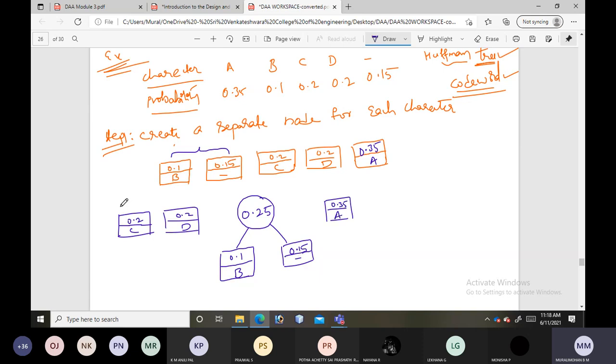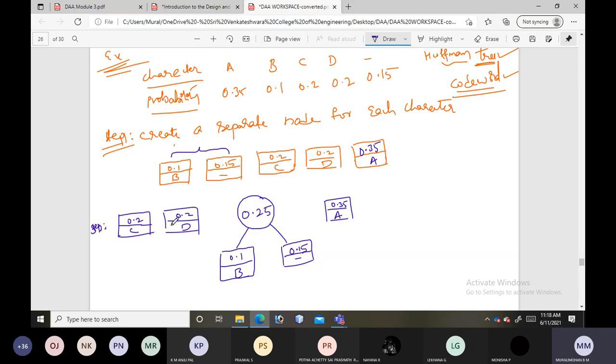Is it clear? This is step 2. We arranged again: 0.2 is one node, again 0.2 is one node, 0.25 is one node, and 0.35 is one node now.